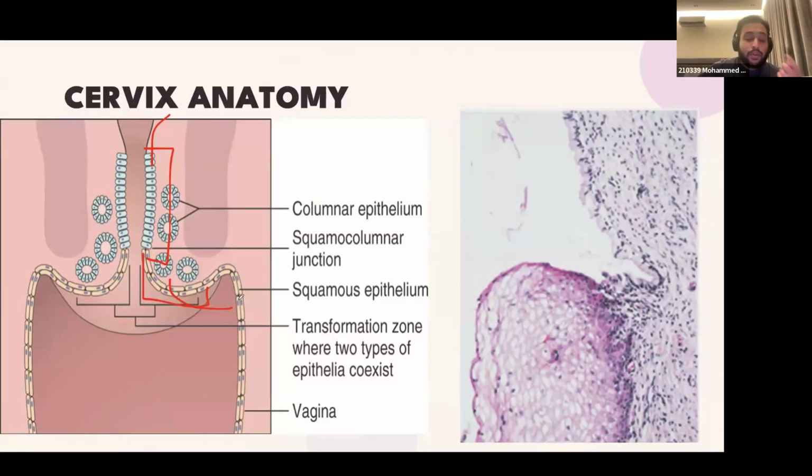So the important thing to remember about the cervix is the cells that are lining it. The endocervix is lined by columnar epithelium. The ectocervix is lined by squamous epithelium. The junction between the columnar epithelium of the endocervix and the squamous epithelium of the ectocervix is called the squamocolumnar junction. Now, what's the transformation zone? The transformation zone basically